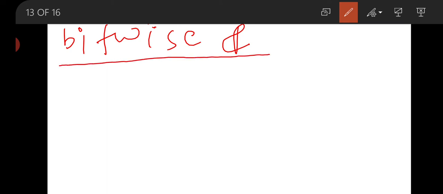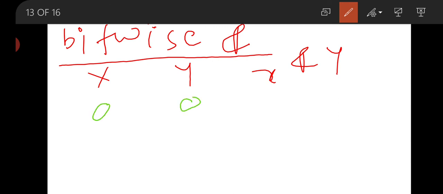Now for the AND operator, if we put the values x, y, and x and y: if the value of x is 0 and y is 0, then x and y will be 0. You can understand it like the multiplication operator. 0 and 0 will give 0.